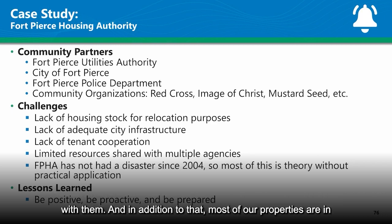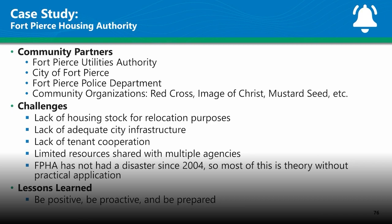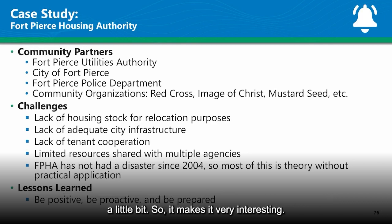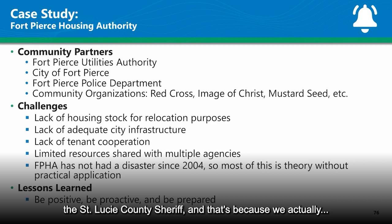In addition to that, most of our properties are in the city, but we also have public housing in the county. The county and the city, although they're first cousins, they're warring a little bit. So it makes it very interesting. But we work with the Fort Pierce Police Department, and you don't see the St. Lucie County Sheriff, and that's because